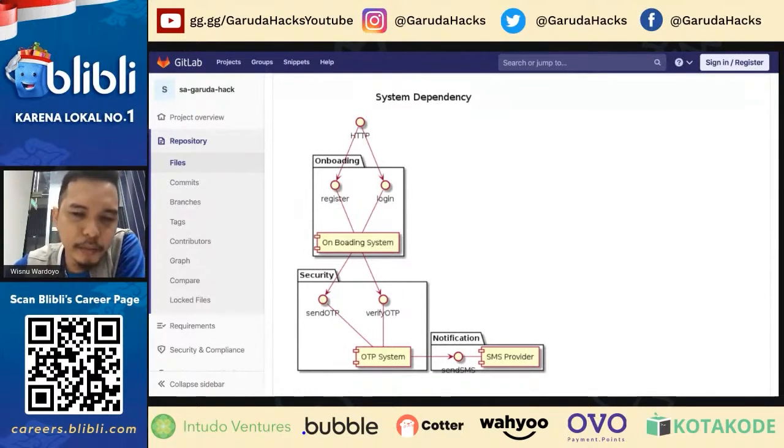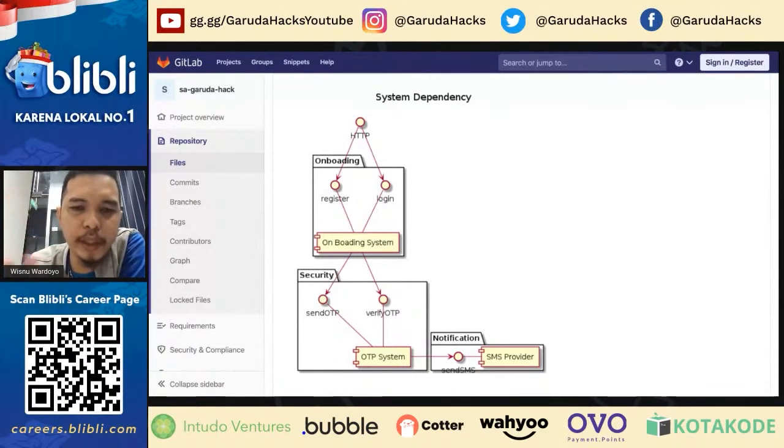Then we also have the security over here. The security is in the rectangle. In the security rectangle, we have an OTP system that provides send OTP and verify OTP, and we also have the notification package rectangle over there. Basically, if you are working on the onboarding system, what you need to mention here is only one level of downstream.